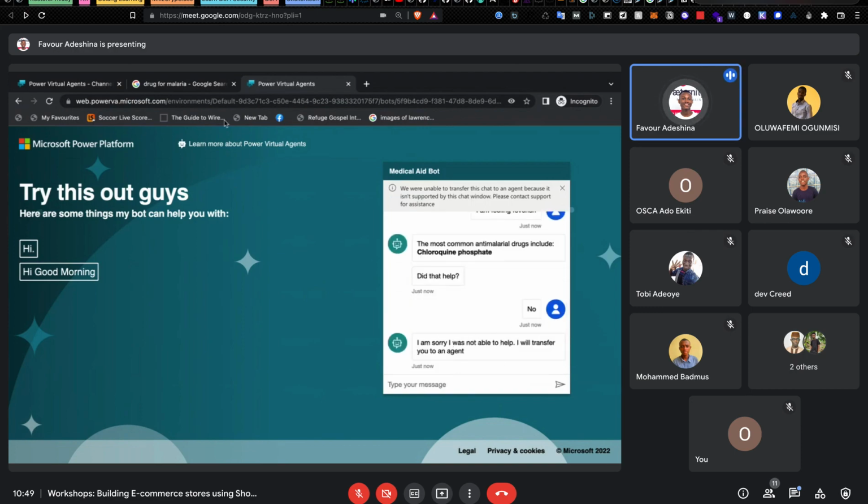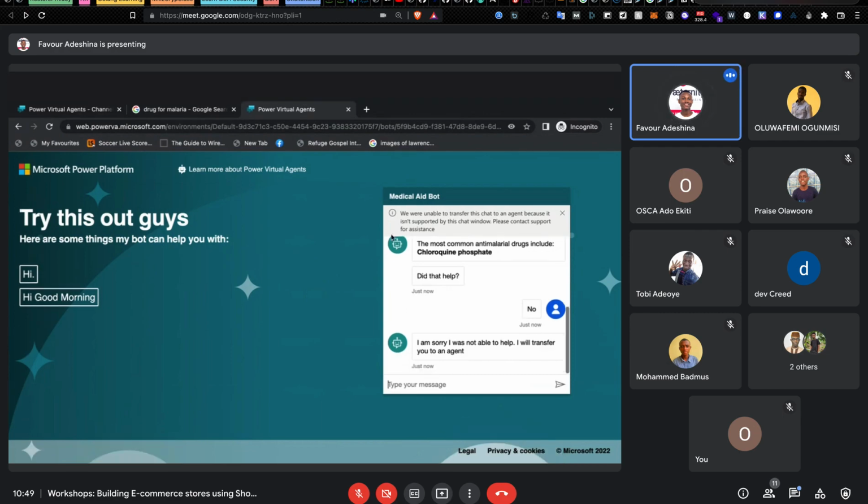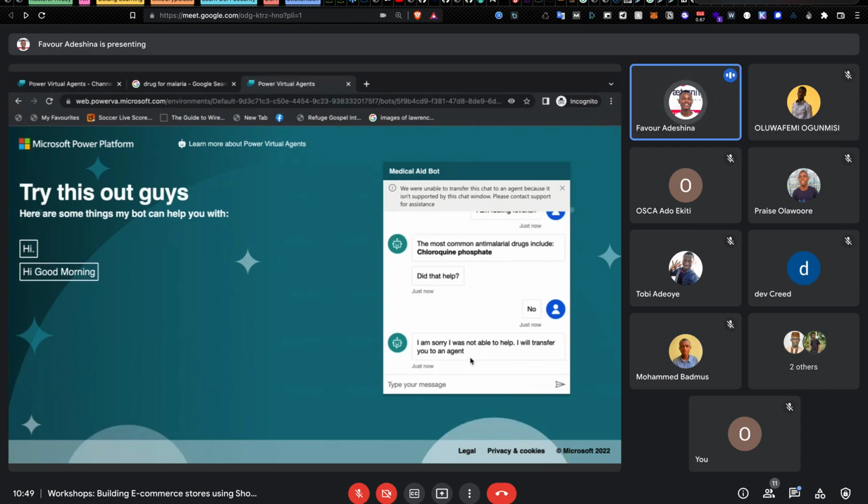So immediately now, by the time this is deployed in a live website, it should have a dashboard platform where an agent will be prompted either by email or by notification. Now, one beautiful thing about the whole Power Platform is that they are all integrated. That is, you can use Power Automate inside Power Apps.